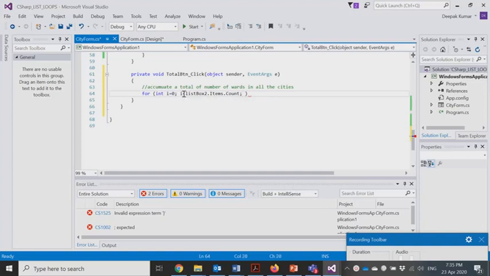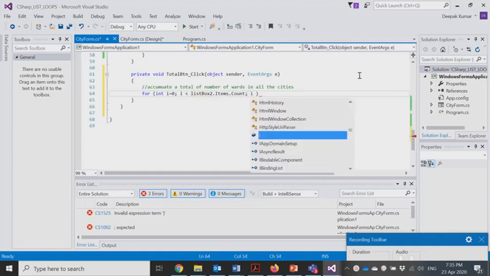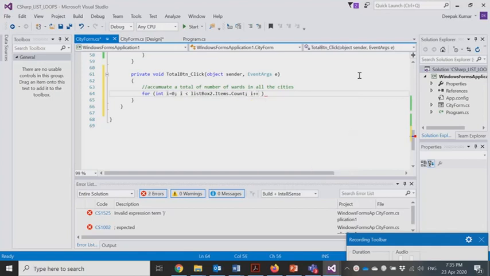We'll say i is less than list box 2 dot items dot count, and then we have i plus plus. So this is our increment operator, which obviously would increment the for loop. So look at the statement clearly once again. We have this for loop,